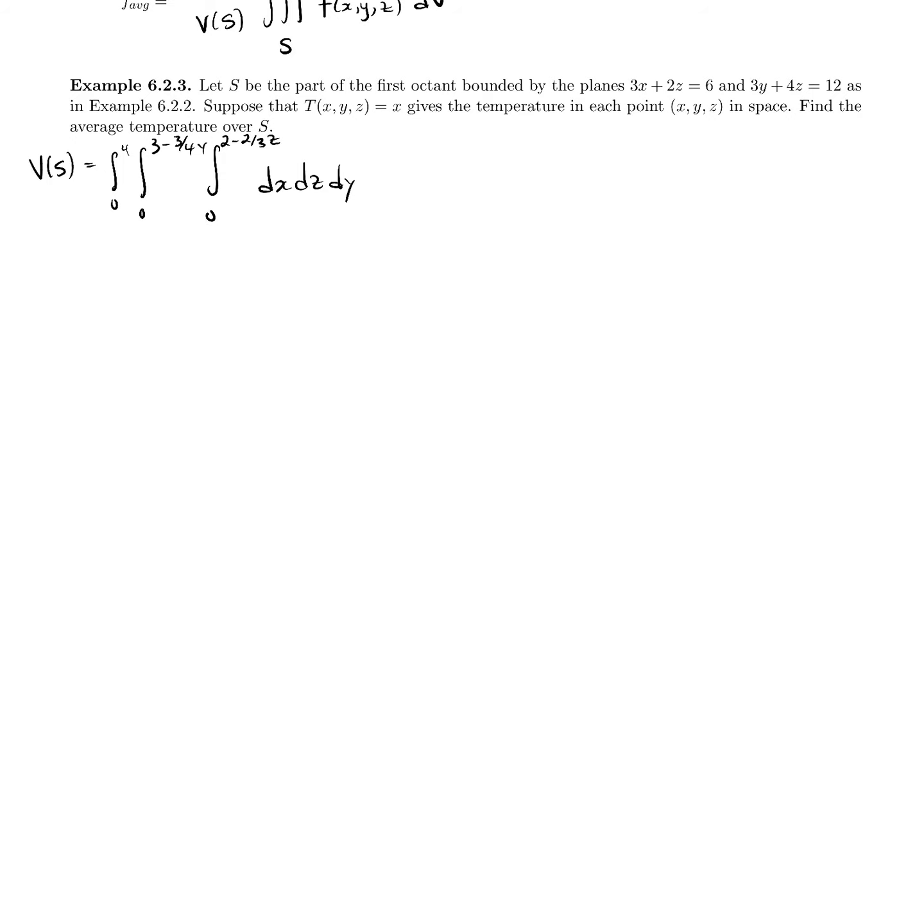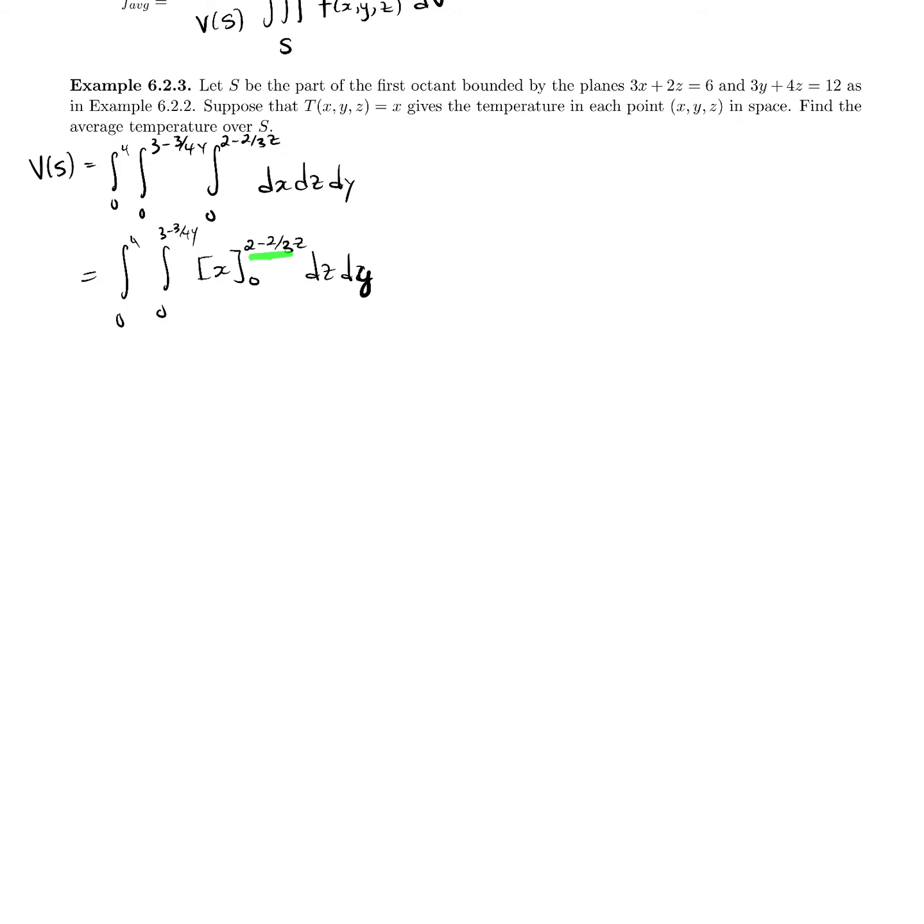If we integrate dx, we get x that we need to run from 0 to 2 minus 2/3 z, and the remaining integrals stay the same. So from 0 to 4, the integral dz dy, and